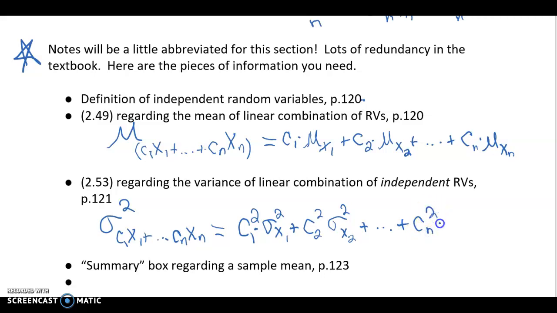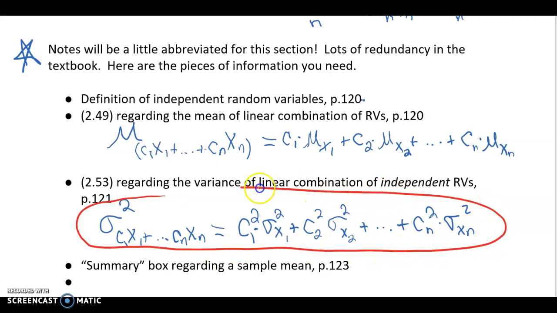Square the c's. Those constants get squared. This is the thing you'll have to remember. It's just sort of a weird thing, right? If I were you, I would put stars around this. And okay, that's the weird thing. Then when you do a problem, just go back and go, oh, I know there was something weird about